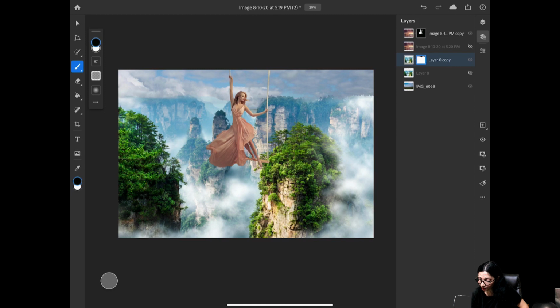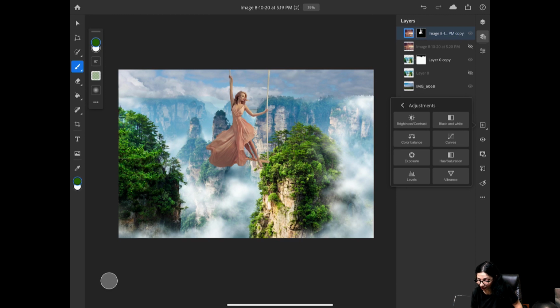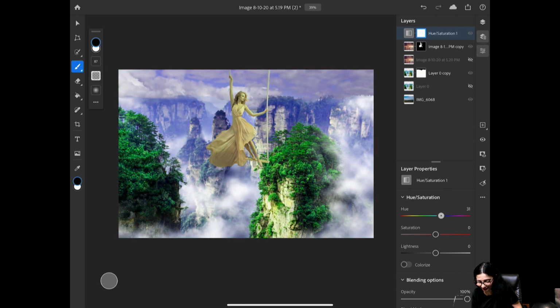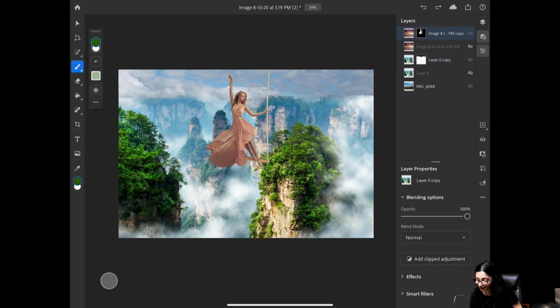I will highlight my top layer, this girl in a swing layer. I will highlight the image layer, not the mask layer, the image layer. Long press on the plus icon, and I will specify adjustment layer. Here I will click on, let's see, hue saturation, and I'm sorry guys, see, I made a mistake. I'm sorry. In this case, I will highlight, actually click on my girl on a swing layer, because I still